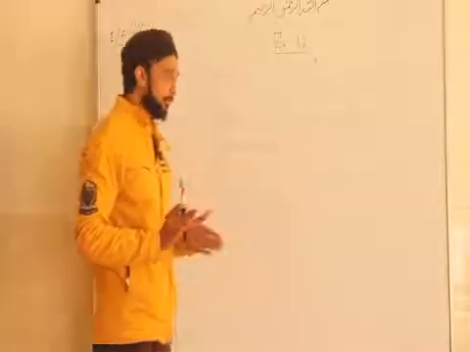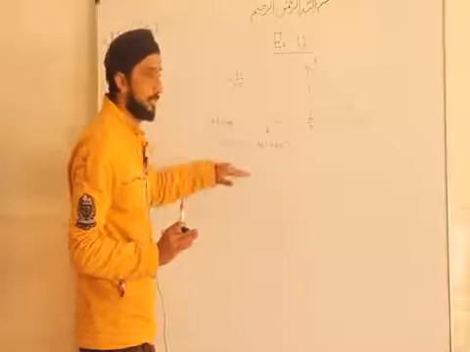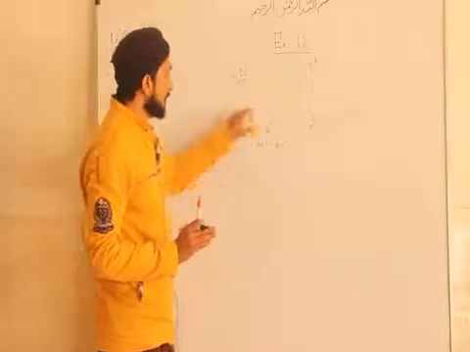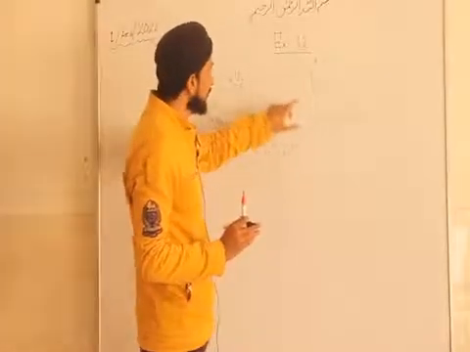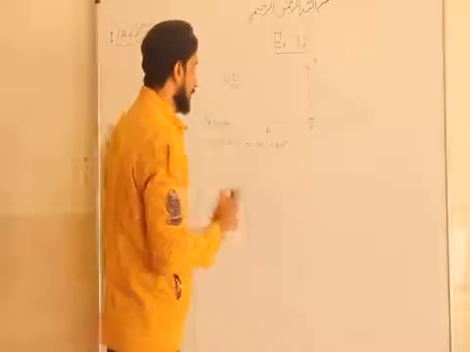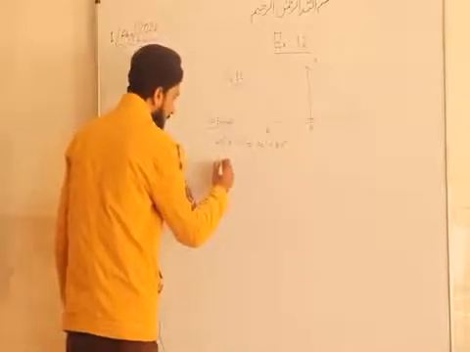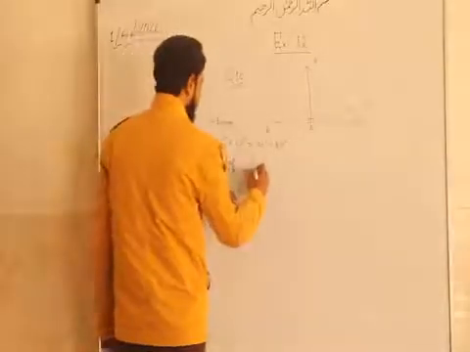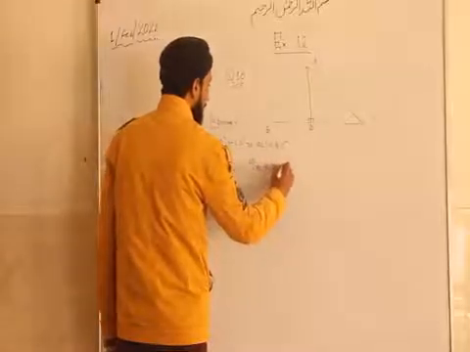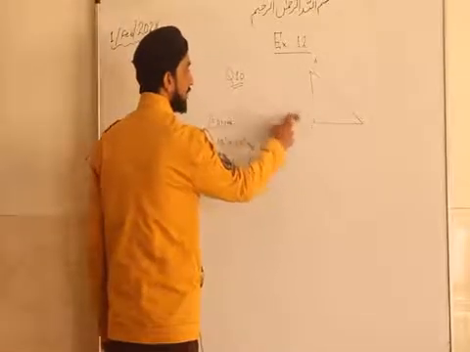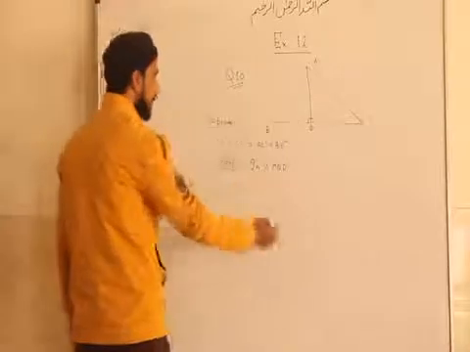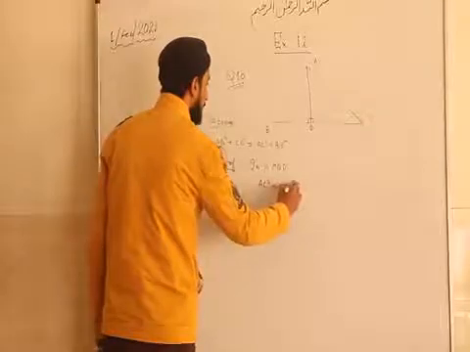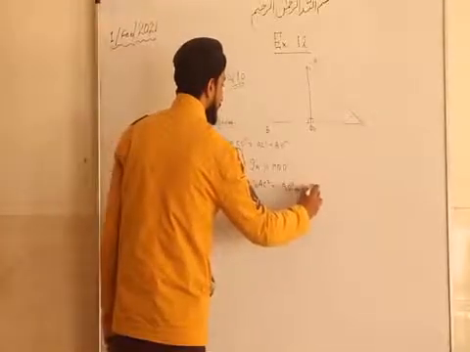Our first priority is where we will get these terms from. This will come from this only. AB square is the side of this, so first we will use the PGT in this triangle ABD. This is the first step. So in triangle ABD, this is the perpendicular, and the side opposite to the right angle is the hypotenuse. So AB square is equal to BD square plus AD square. This is the first condition.